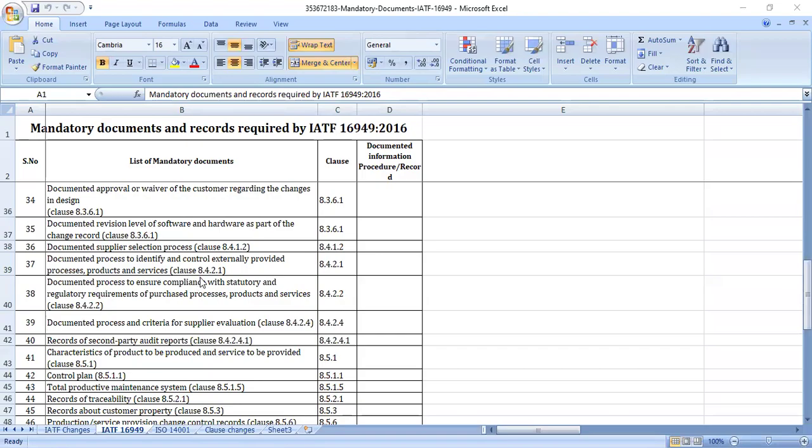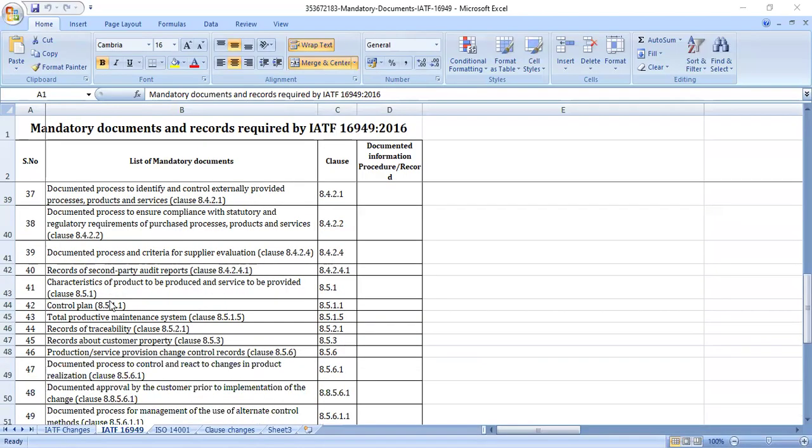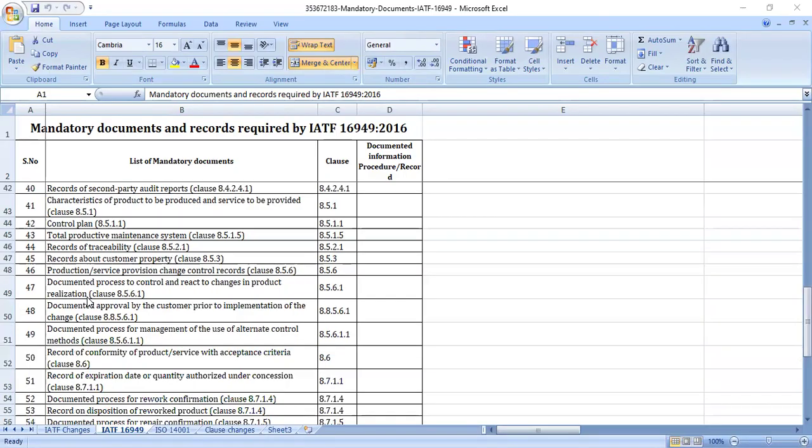Subclause 8.4.2.1. 38. Documented process to ensure compliance with statutory and regulatory requirements of purchased processes, products, and services. Subclause 8.4.2.2. 39. Documented process and criteria for supplier evaluation. Subclause 8.4.2.4. 40. Records of second-party audit reports. Subclause